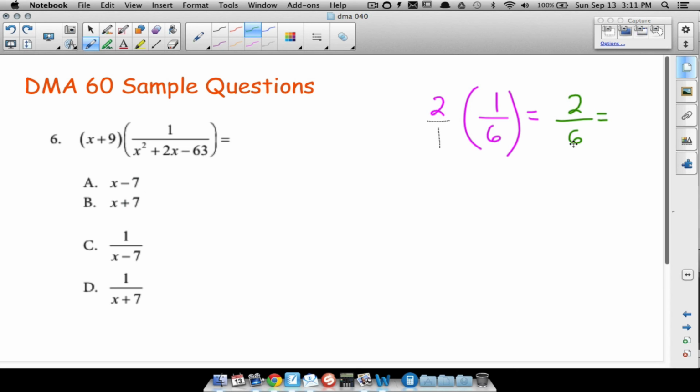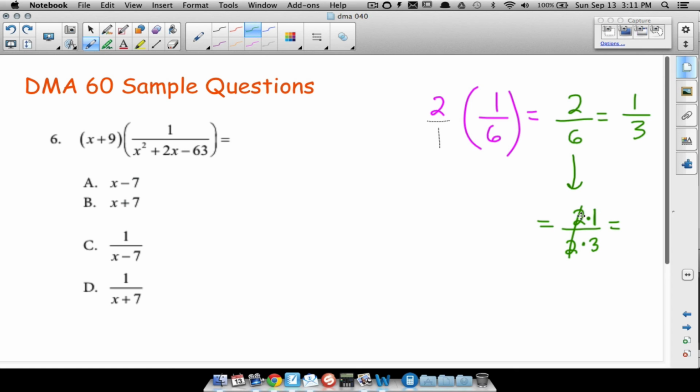Now, you might say, okay, yeah, I know this is 1/3, and it is. I mean, you can probably simplify that fraction in your head and say 1/3, but think about it like this. Isn't 2 over 6 the same thing as 2 over 2 times 3? 2 times 3 is the only thing I changed here, and that does give us that 6. And since we have common factors at the top and bottom, we can cancel those out, like you see right there. And notice this will give you the same answer as an understood 2 times 1,